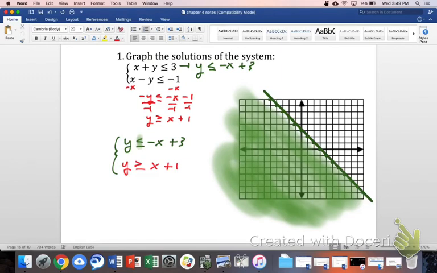Now the red line has a y-intercept of 1, which is right there, and a slope of 1. So the slope of 1 is going to show up about like this, up 1 over 1, down 1, back 1, all the way through over to here. So again, we need to make the same sort of decision as to whether it's going to be a solid line or a dotted line. And because of the or equal to that we see in the inequality there, we are going to have a solid line. So I'm going to try to connect all those points with a solid line,